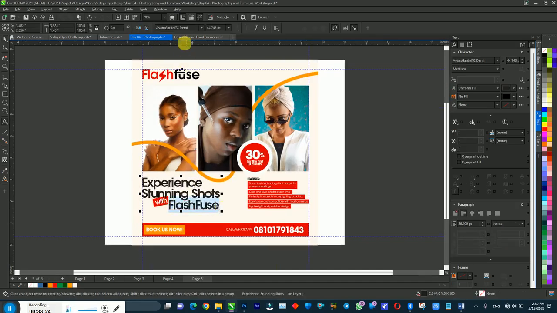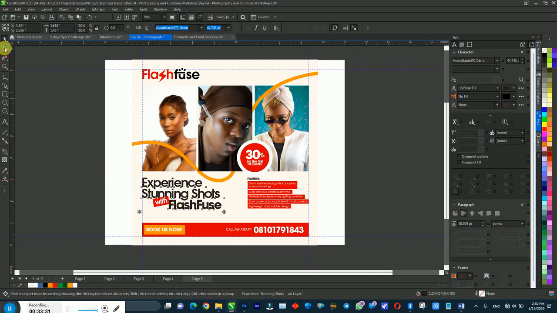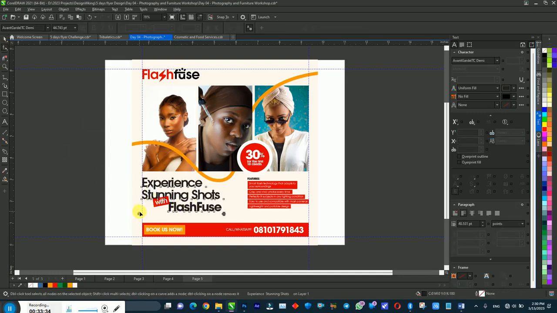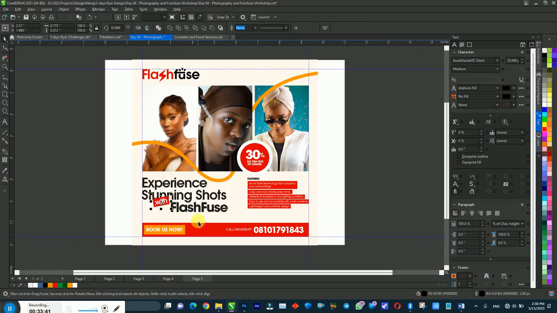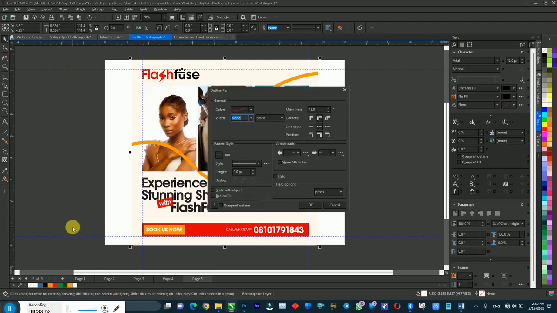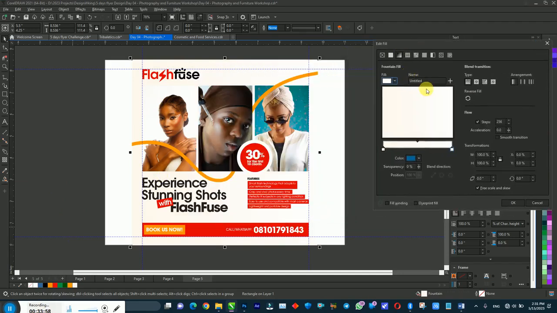As for this one, let me make it much bolder than the rest. Bolder is better. Bolder is good. Let me reduce this one a little bit more. I want them to see it and be like, oh, is this not white? Or you can also put it on